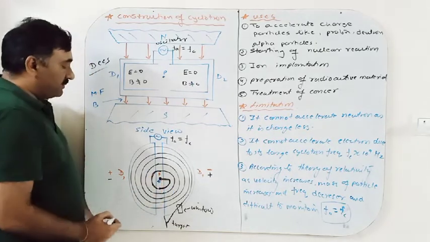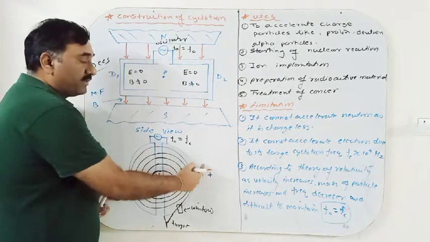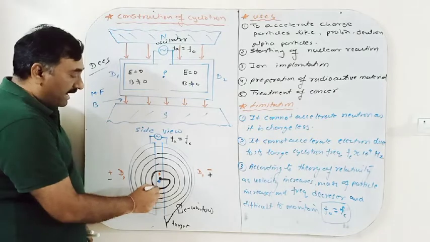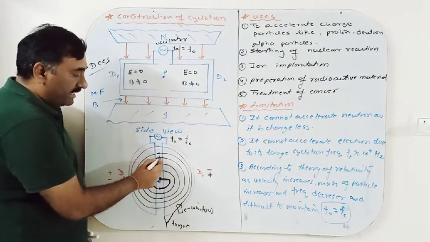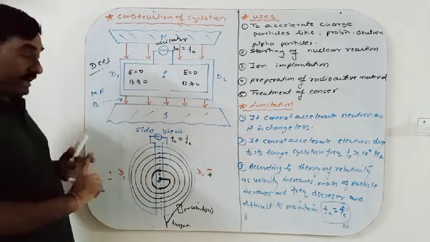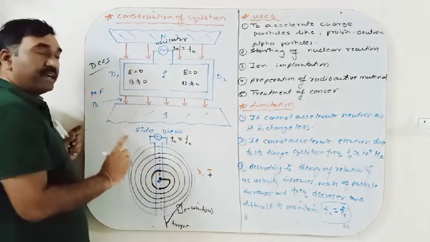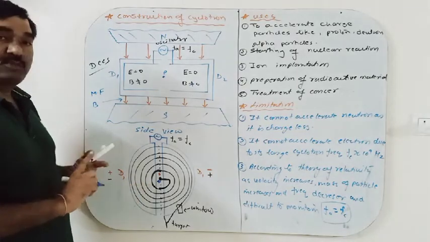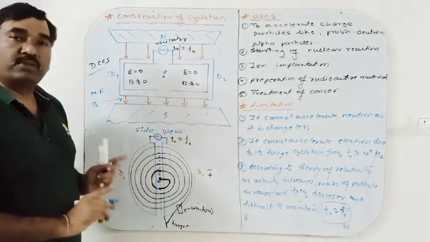As the charged particle comes into the space between D1 and D2, the polarities get reversed. The negative D1 becomes positive and the positive D2 becomes negative. And this charged particle enters into the second D. By completing half of the rotation, at every half rotation, the polarity is reversed. But as it comes into the space between D1 and D2, every time its radius increases. And radius increases means its momentum increases. Momentum increases, its kinetic energy also increases.